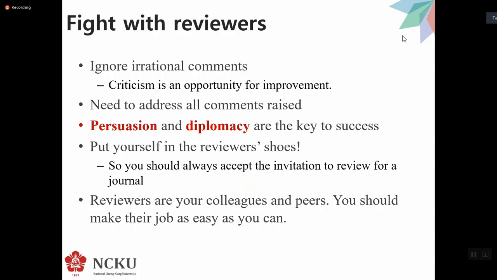So try to appreciate the criticism from your reviewers. The whole reviewing process is all about persuasion and diplomacy. All right. So you need to use a very nice tone and try to persuade your reviewer why you are doing this in this way. Most of the time, they will ask you to do some revisions, and if the revisions are possible, just do it. And of course, if you are willing to do that, just do it. If the revisions are not possible, for example, they ask you to recollect the data, or they ask you to re-interview the respondents,